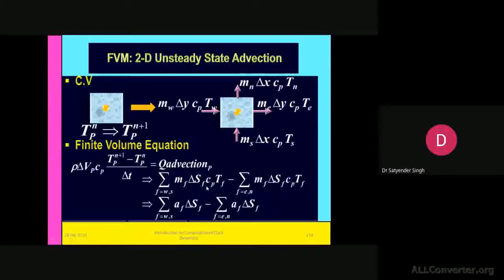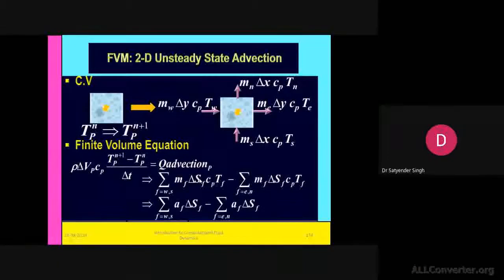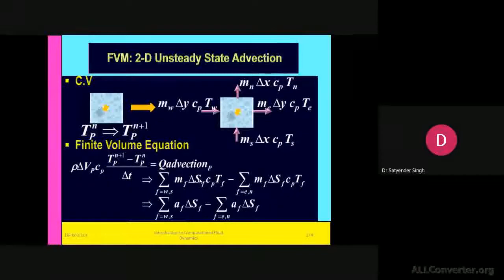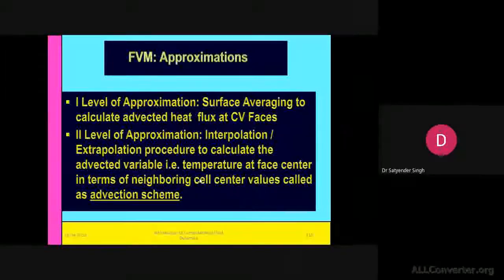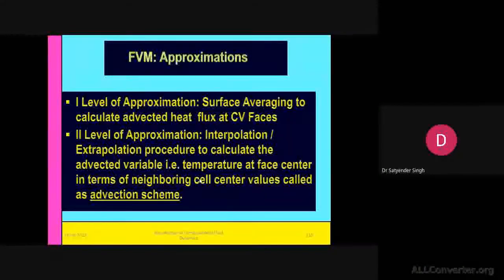Then we have m c p T, F will again be the west and south faces, S will be the area, and we again will count the gain, and we will subtract where the enthalpy fluxes are leaving the control surfaces, as we have done earlier for the heat conduction. The heat flux enters from one of the faces and leaves from another face. This is also the first level approximation, but in advection particularly, a second level of approximation is done with the help of interpolation and extrapolation procedures.